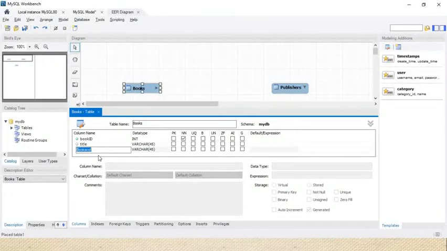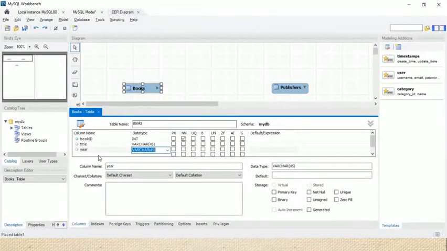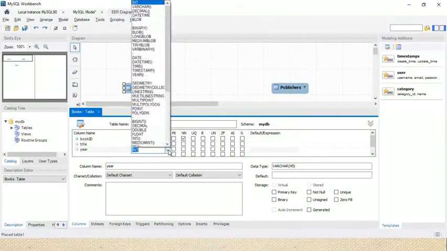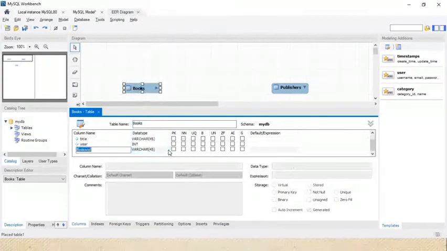After that we'll discuss in which year our book is available. Different kinds of versions are available. So which is the year? Here we'll write the year. And for the year, do we need to use varchar or int? We need to use int. So click on this and just use int. Okay, third, year is int. After that we'll use publisher ID.